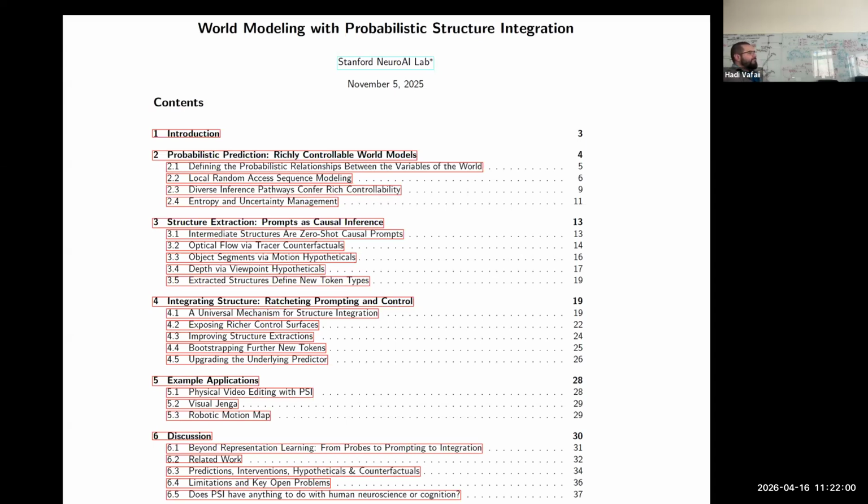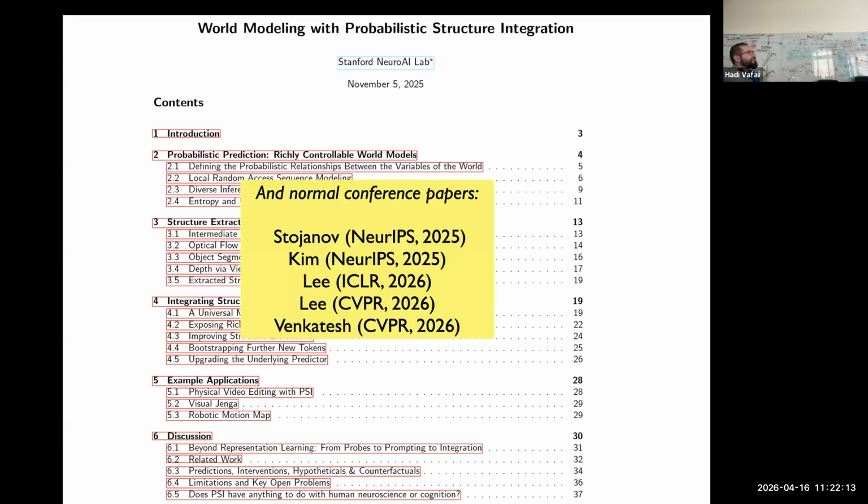And so we did that, and you can go read this in great detail. In fact, I do think it would repay your effort to read section 6, the discussion, on its own as a thought piece. Okay. But anyway, there are some normal conference papers basically generated from this, that do the usual thing of saying, oh, we got state-of-the-art results on X, Y, and Z. Because this talk is really not focused on that type of thing, I'm not going to belabor those individual papers. But what I'm going to do is now start telling you about the idea.